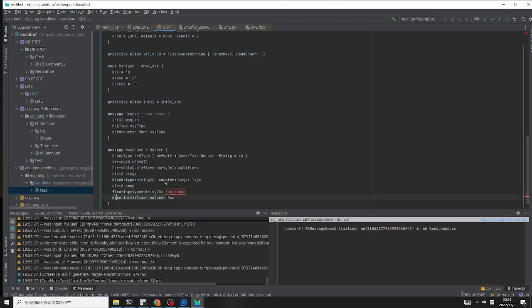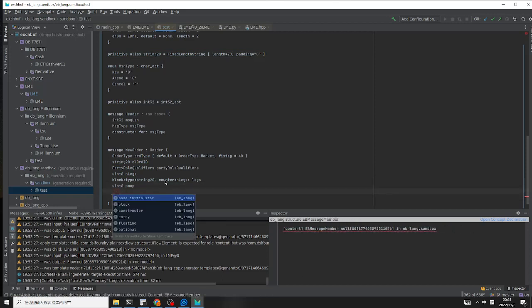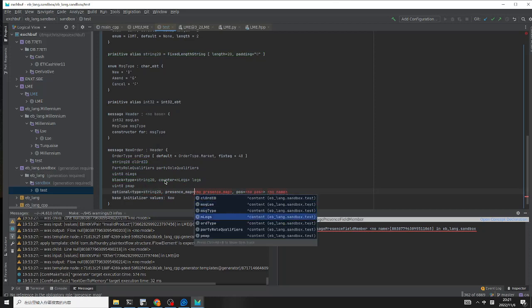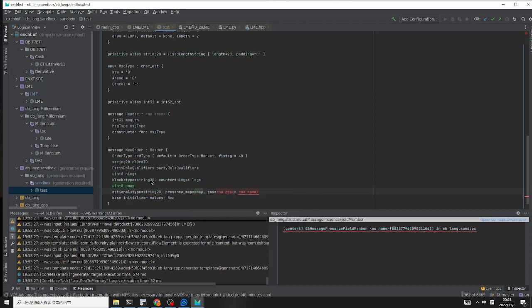Oh, sorry, it's not floating. This should be optional. Optional. The type is string 20 presence map. We need to select the correct one. It's this pmap position 0, and then yeah, that's